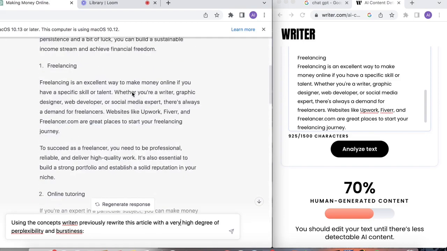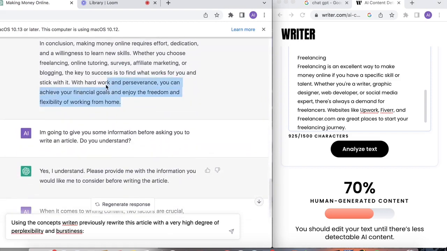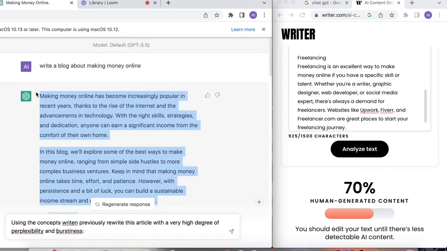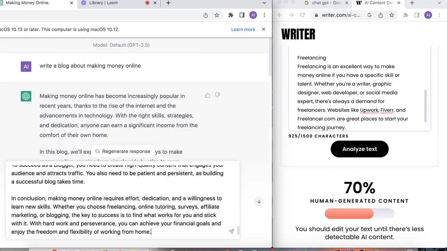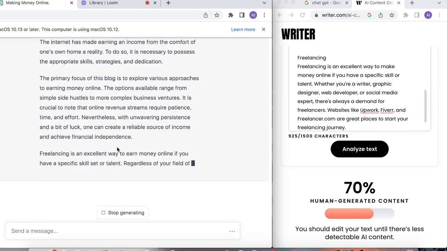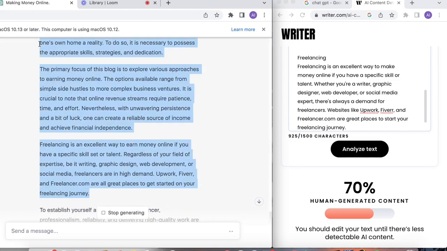And then we just copy the article it wrote for us, and paste it here. Let's put this sign and copy, and we close the article, and boom. So there we go. Now this should be better to the AI detector.